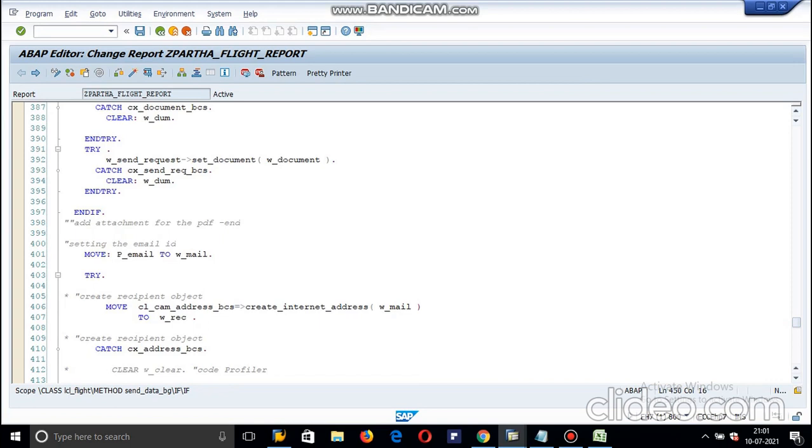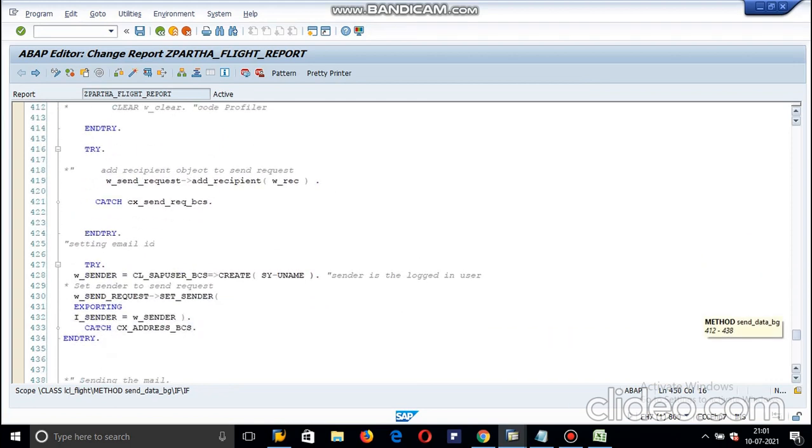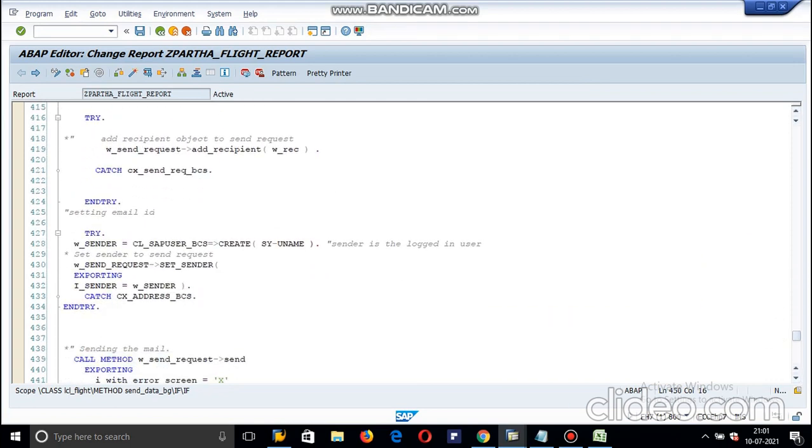Also here we are creating the sender, meaning who is sending it. Here I mentioned the user ID will be the one sending it. You can mention anything over there.